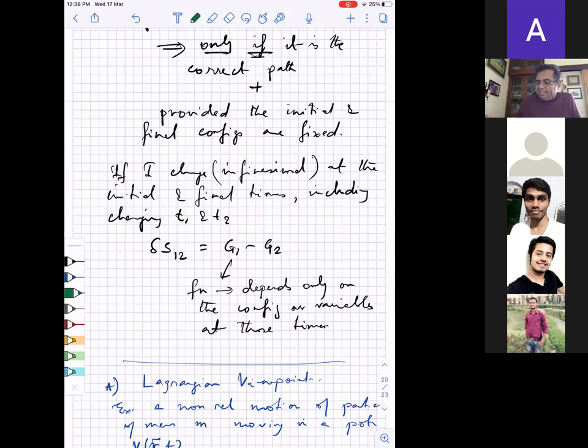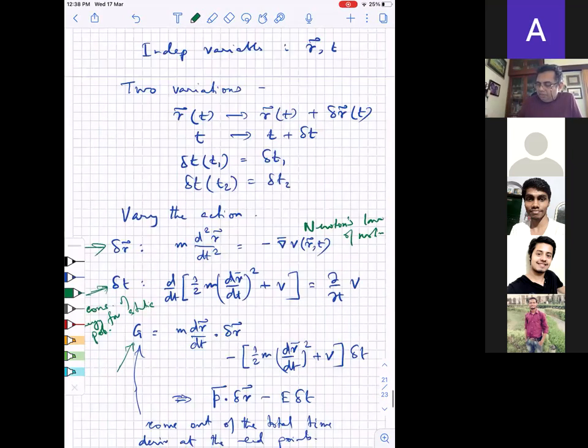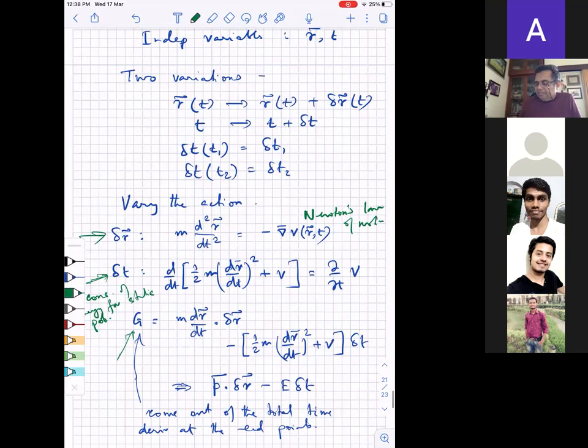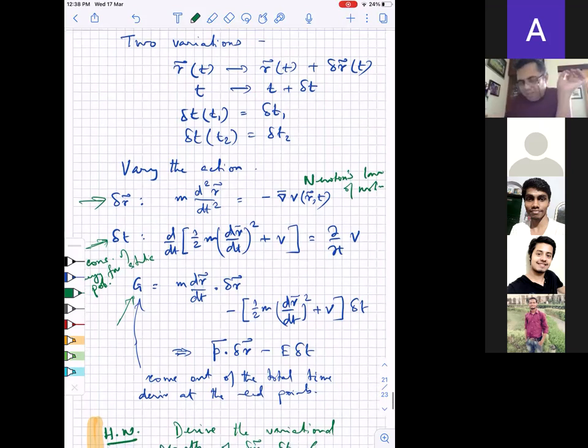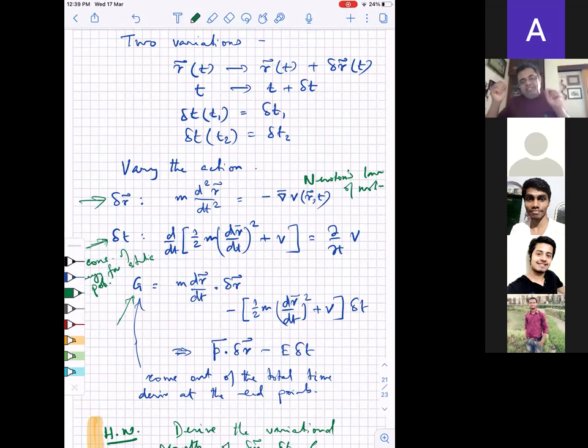And that gives you something like this, P dot delta minus C delta T. If I want to put that equal to 0, saying that this total derivative is also equal to 0, that gives you another conservation law. And these conservation laws, you know, you have talked about why you call it G, because these G's are called the generators of conservation laws. So this total time derivative is generating a new conservation